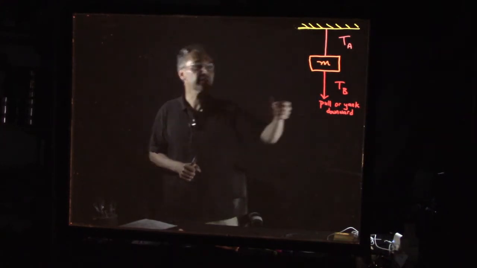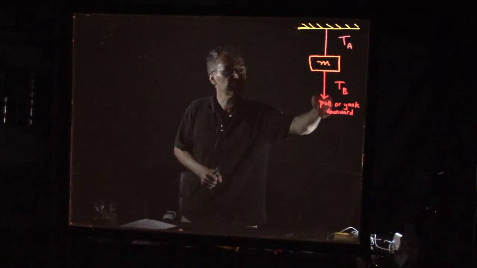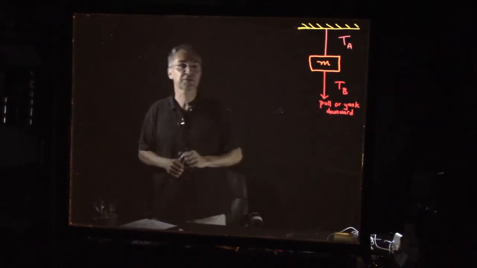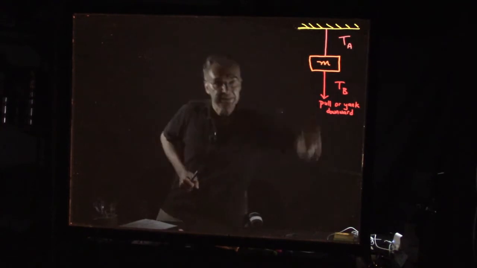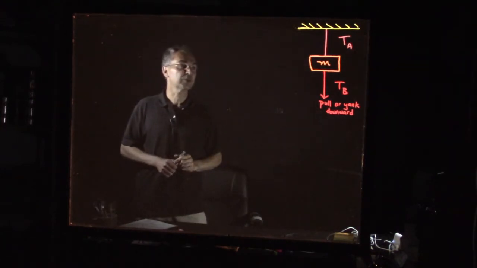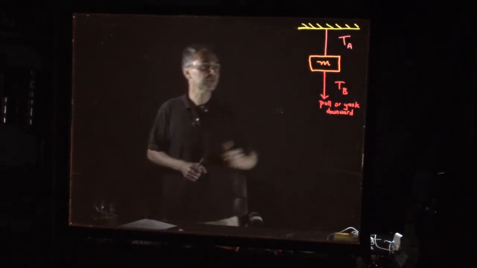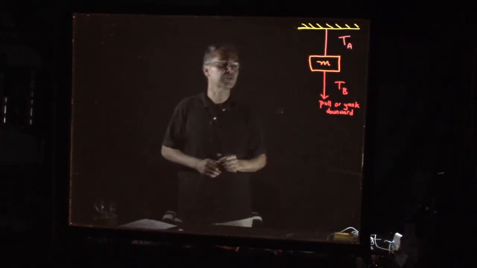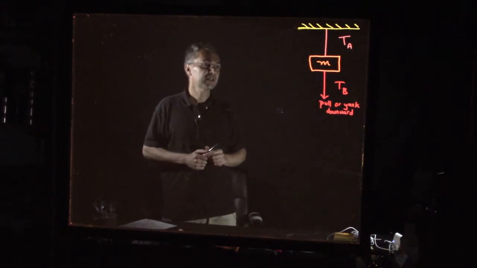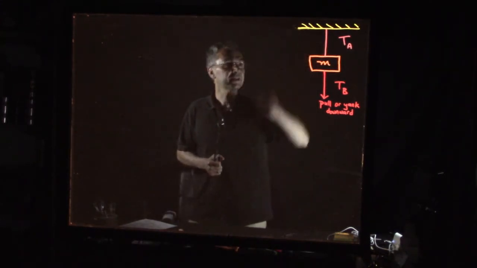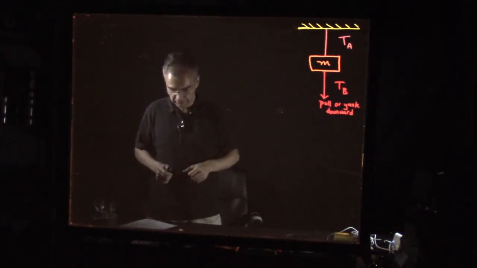And I have two ways I can pull down. I can just pull down gently, slowly on string B, or I can yank string B really quickly. And the question is, under these two circumstances, which string breaks first? So I guess if there are two identical strings, the string can sustain some force. So remember,